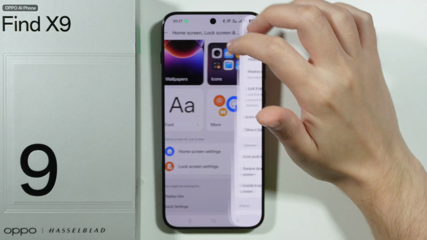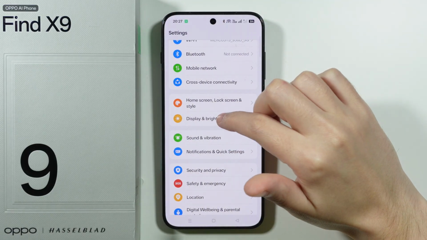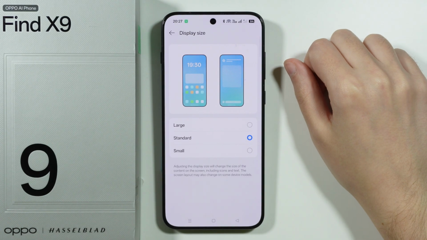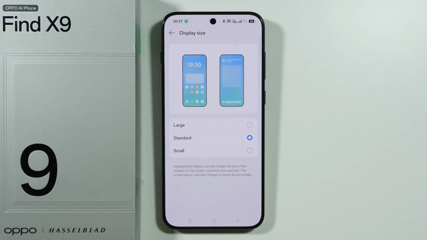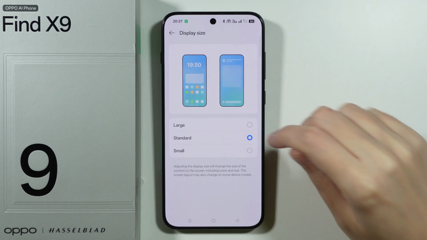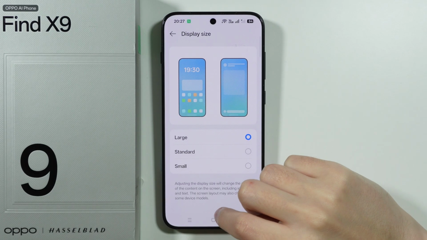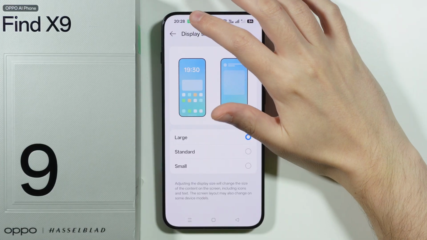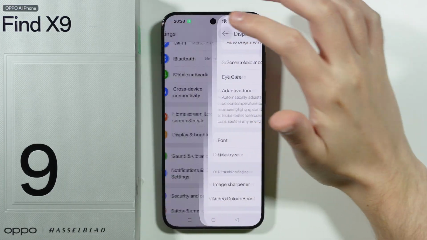And besides that, if we go back to Settings, we can also go to Display and Brightness, and over here we can find the display size. And of course this changes the size of pretty much every element that we have on our screen, but this also should include the app icon. I believe they are now pretty huge now,